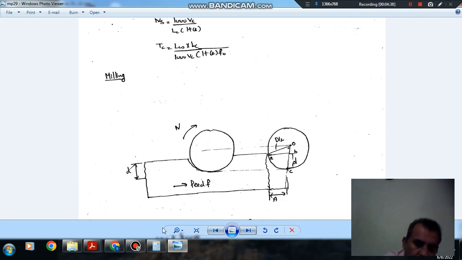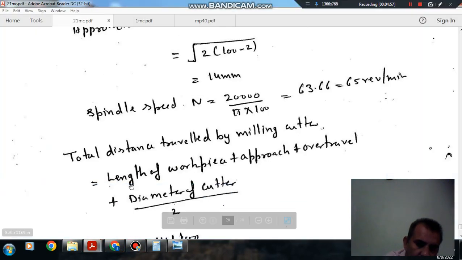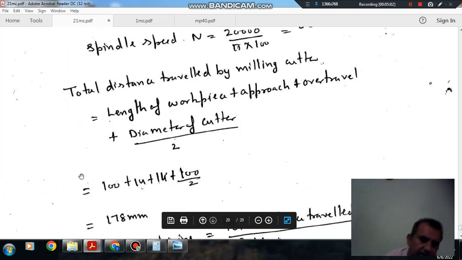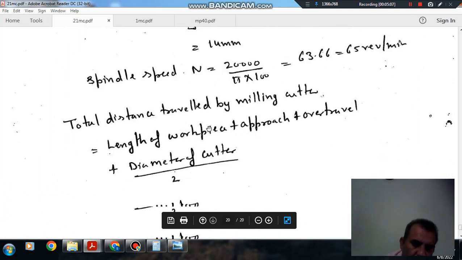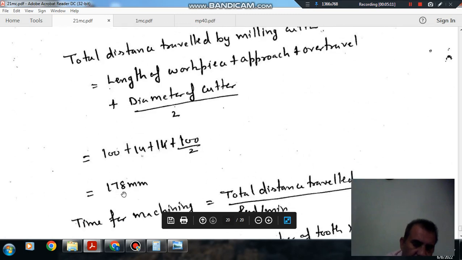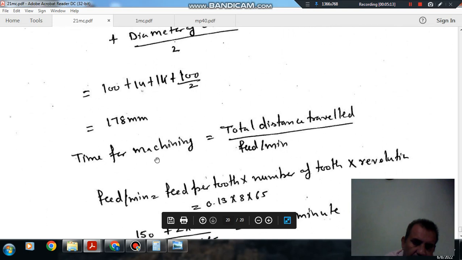Okay. So now the total distance travelled by the cutter will be L length, approach, and if A point is here, then over travel, and for complete removal we will add radius also. Okay. So total distance travel will be length of workpiece plus approach plus over travel plus diameter of cutter by 2 or radius. Okay, so that comes out as over travel and approach are same. So total distance travel is 178 mm, and time for machining is equal to total distance travelled by speed per